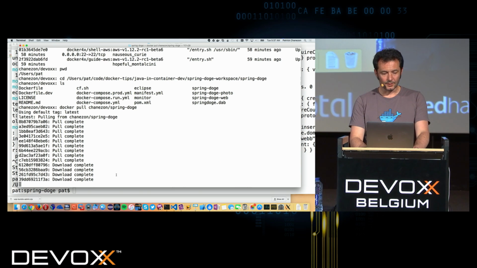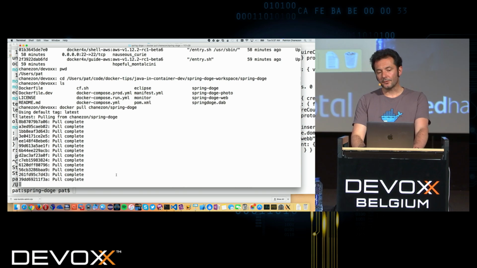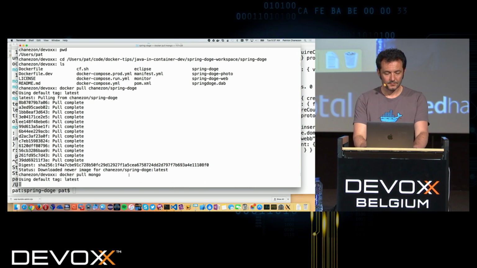So either you use a DAB file and you do that trick by doing a Docker service update, or the other option is to just use the Docker service API. I'm just going to pull Mongo as well.